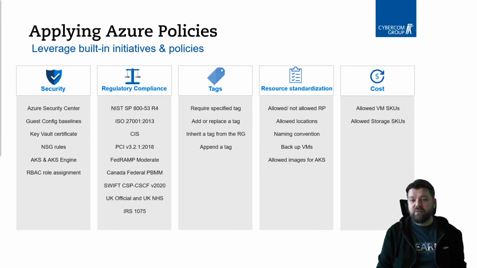And if you have to follow certain regulations, there's a ton of those ready-made. For example, if you're in a banking environment and you work with payment controls, card payment controls, you have, for example, PCI controls, compliance on those. So your environment will be compliant with the PCI DSS payment controls. And you can require tagging. You can add tagging and such. You can allow specific SKUs of virtual machines and regions, for example.